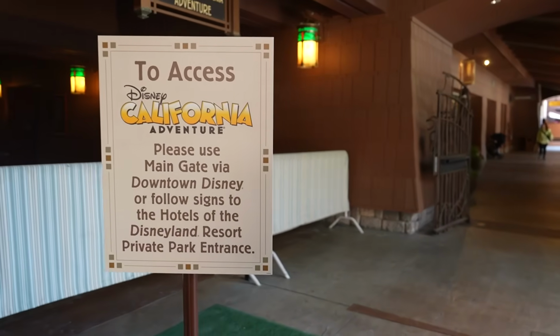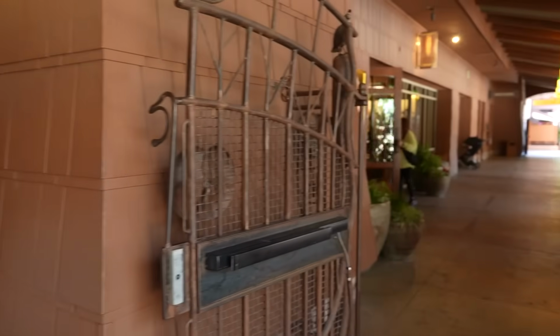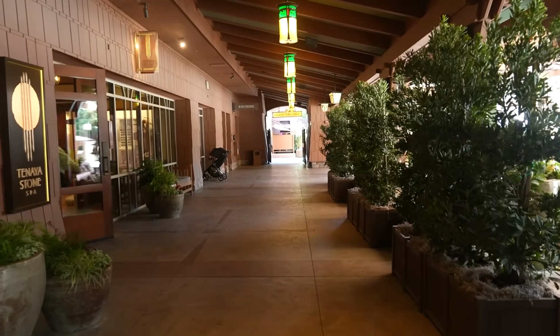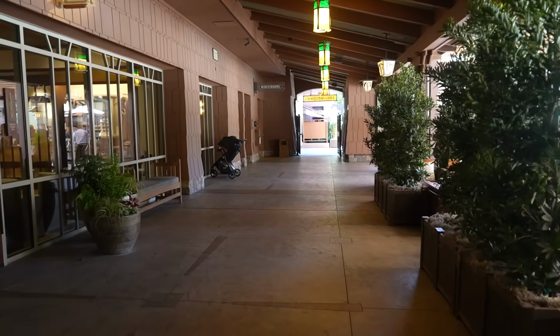Look at this. We are definitely a caterpillar trying to become a butterfly, because the gate to normally be able to get into California Adventure is closed, which is a little bit sad. But yes, I have journeyed all the way over here to the far reaches of the Grand Californian in order to...